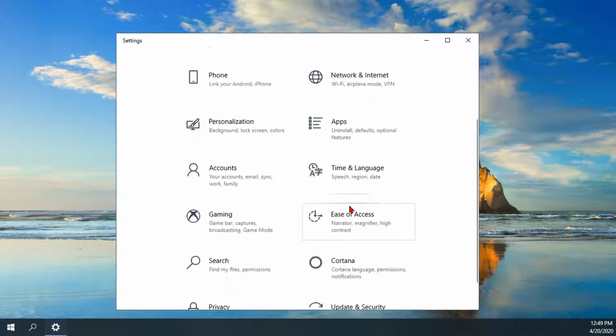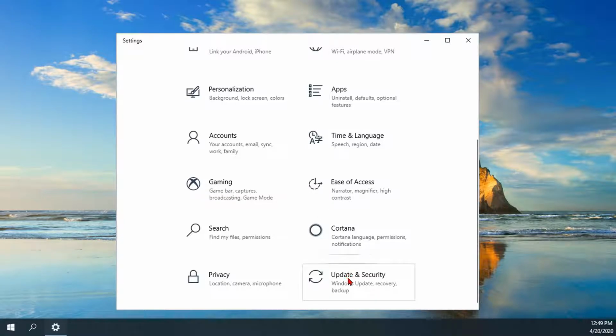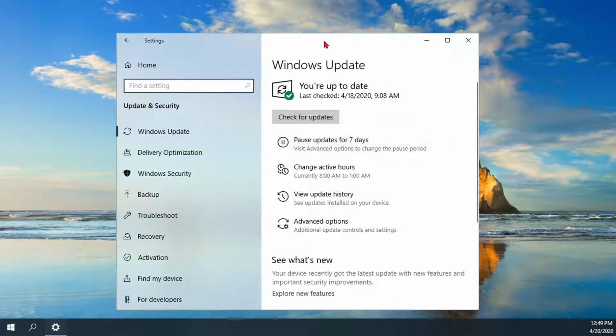Go ahead and scroll all the way to the bottom, and you'll notice there's an Update and Security option. Go ahead and click on that. And then the menu that will open up on the right hand side here, which is highlighting from the Windows Update tab, will be telling you your current system status and whether or not you need to check for updates. So as we can see here, it says you are up to date, last checked 2 days ago at 9:08